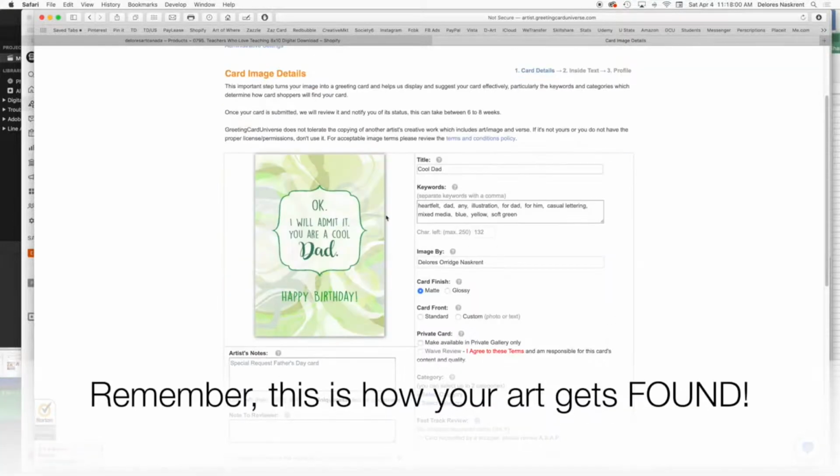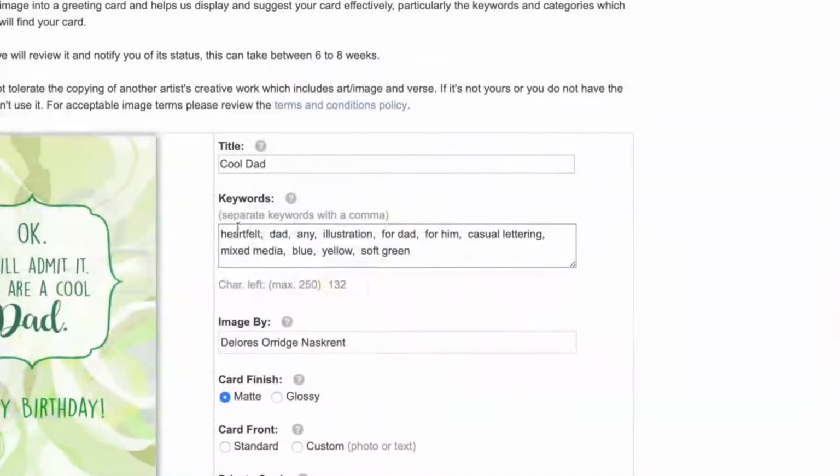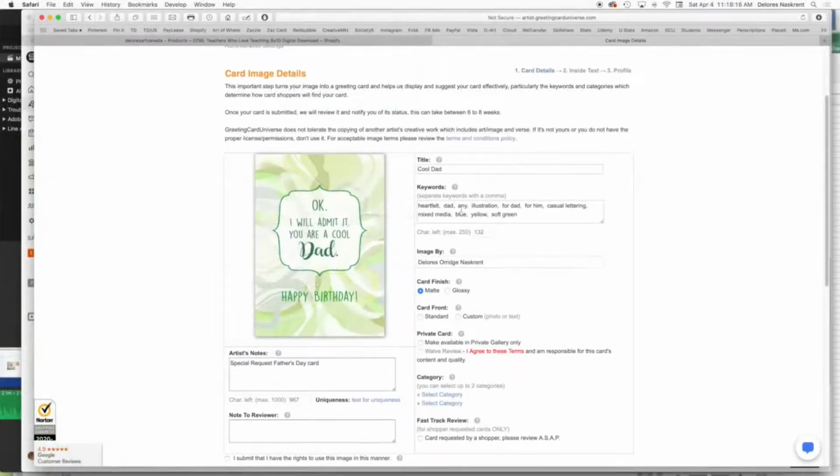To help you visualize it a little bit better, I've opened up one of my cards here in the Greeting Card Universe website. So here would be the keywords that I would have imported from that document of mine. I've got type of sentiment, who it's for, a few other descriptive notes here. Here I would change this to green, yellow, soft green. So that describes the card with words that are not necessarily going to be in these categories that I select